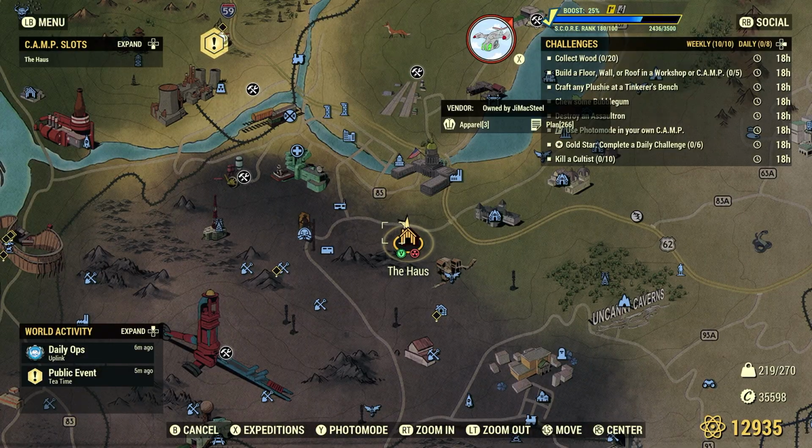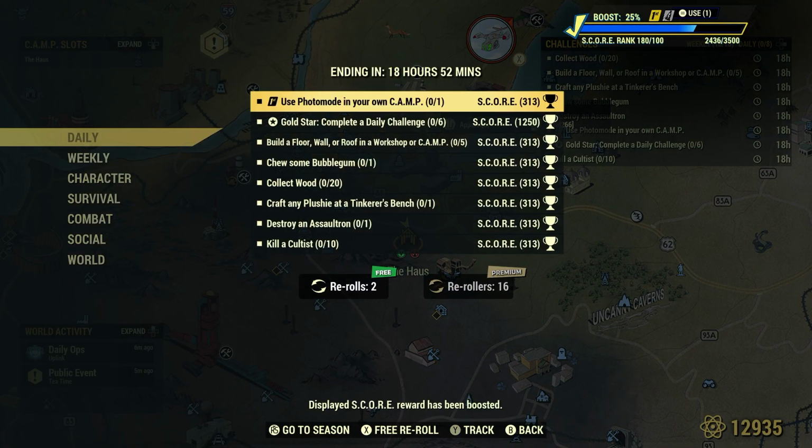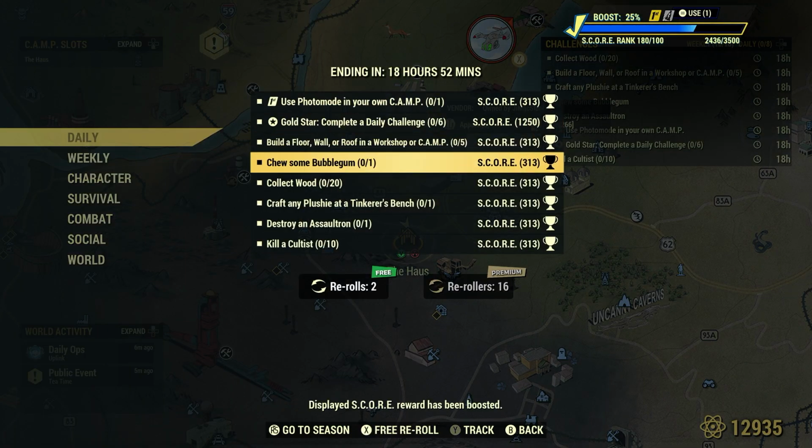All right, let's take a look at these daily challenges here. Now we're through that rigmarole. Let's go ahead, choose some Bubblegum 1. So we've had this one pop up quite a bit lately. And for many people, you might think, hey, everyone knows how to chew Bubblegum. But there are people who join the game every single day that never played Fallout ever before. So I always like to give a little bit more detail on how you can get